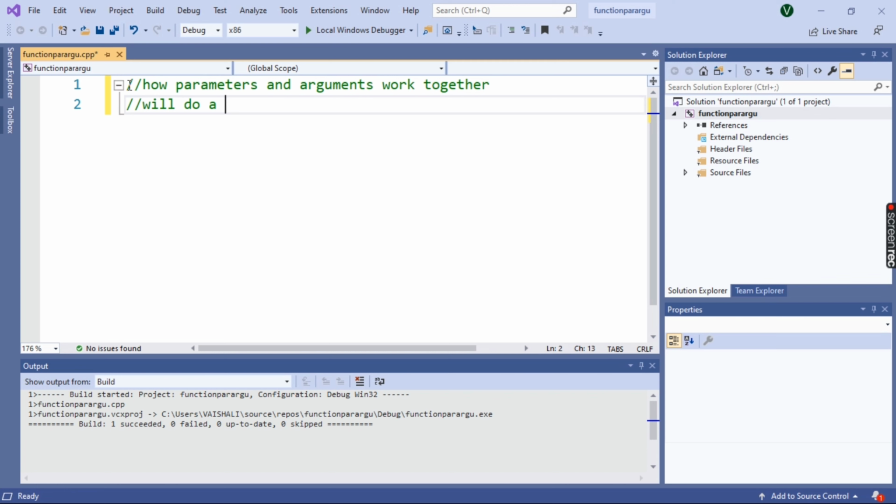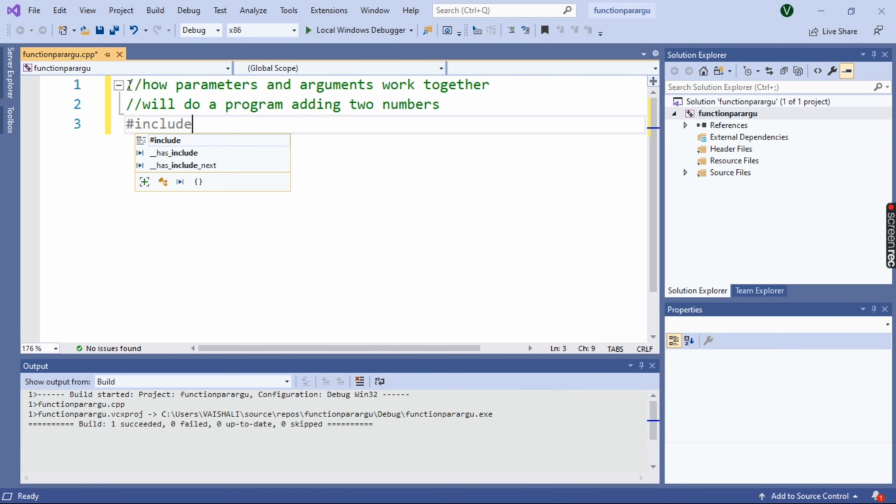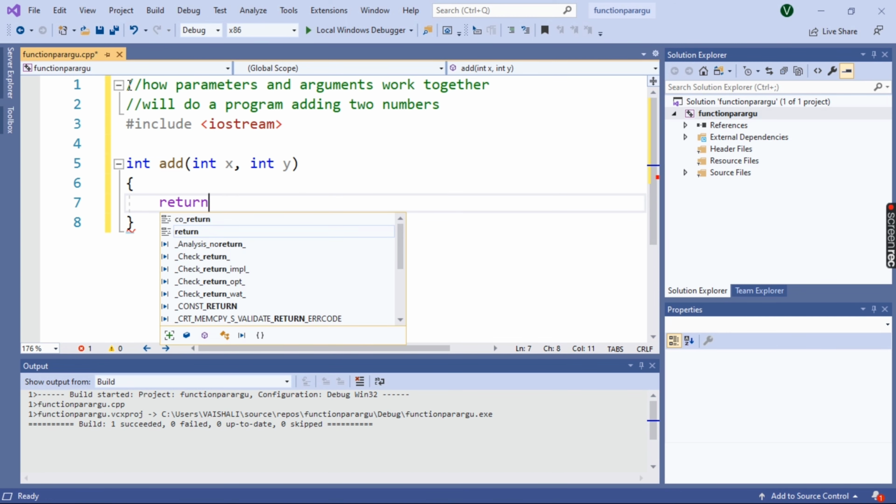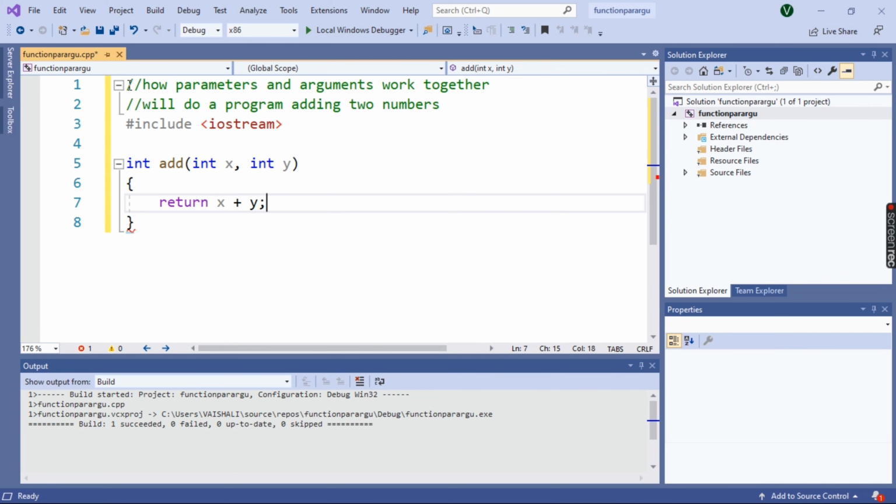So here we will do a program adding two numbers. #include <iostream>, this is the pre-compiled header. Then we will make a blank line, and then the function declaration, the int type function. add is the function name, and we are taking two parameters, int x and int y. These are the two parameters. In the function definition I'm writing return x + y and then semicolon.